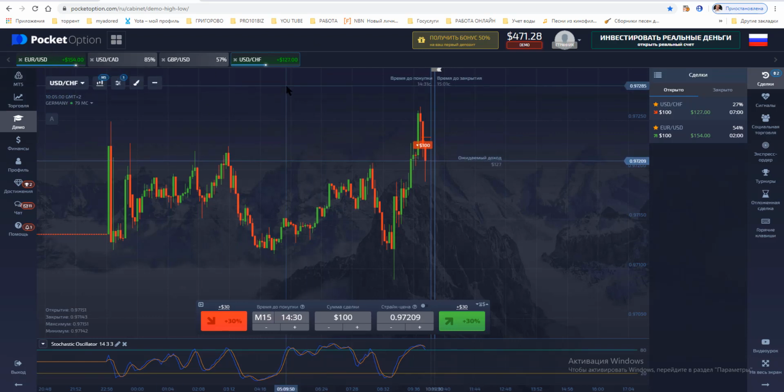We see that we have this window, it shows how much time is left, which is very convenient. Time of expiration. What happens after that is that the sum of $100 will return our deposit,